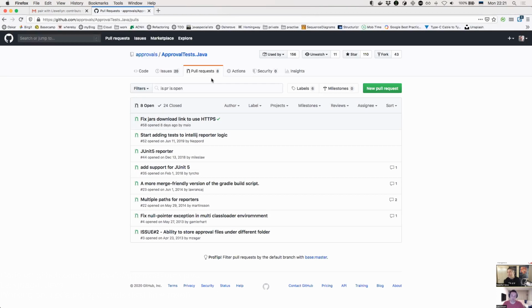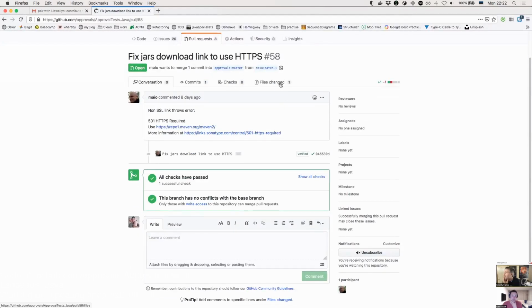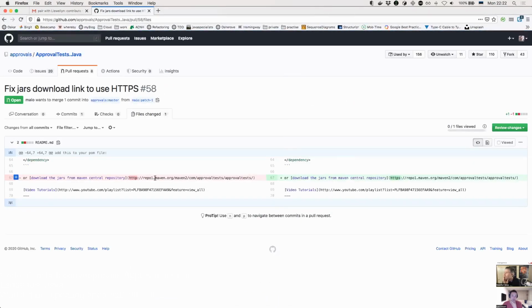Are some of these really easy to do? Should we start there? Yes, there's 58, which is basically already done for us. They add an S to the HTTP. Okay, well, yeah, let's do it. Let's take a quick look at that. Is that really all they're doing? Fix jar's download link to add it. Oh, yeah. Okay. Yeah, done. And this is just in the doc. Yep. Cool. That's as easy as it gets.